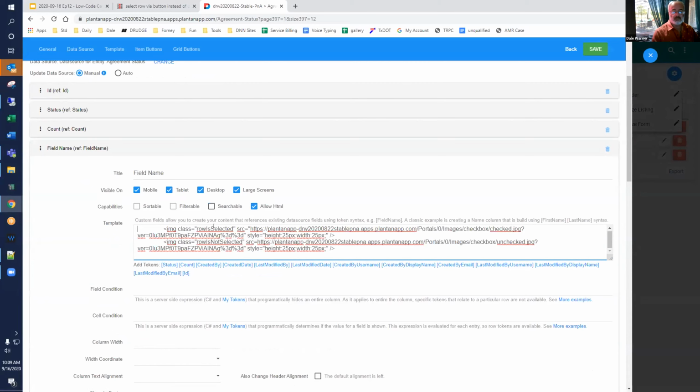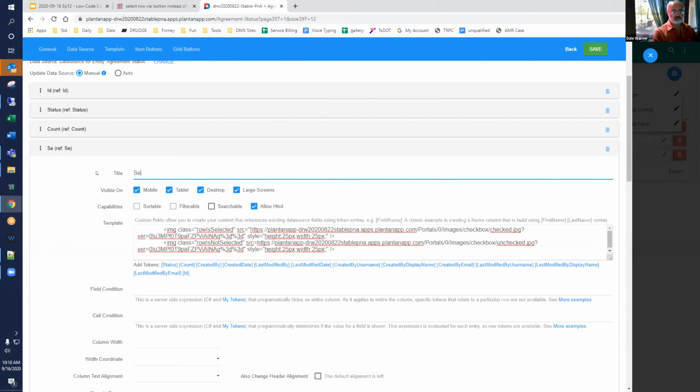One is under the class of row is selected, which you'll recognize from the CSS we saw a minute ago. The other is row is not selected, and the URLs to the checkbox. The checked checkbox and the unchecked checkbox: the only thing you have to change is the source parameter for this image and the source parameter for this image. I'm going to change the name of this field to select and move it to the top